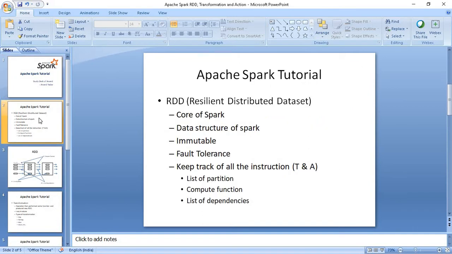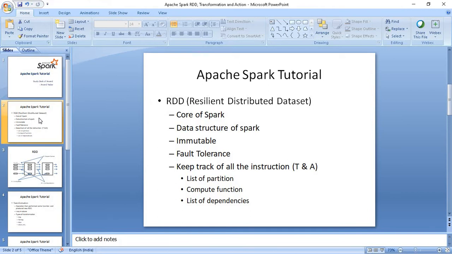So in this video we are going to see RDDs. What is an RDD? RDD is a Resilient Distributed Dataset. Like the name itself indicates, the data elements are distributed across nodes, and it is resilient, which means whatever data we have in RDDs is split across the network, and if any failure occurs then it can be recovered. So this is a general introduction about RDD, and RDD is the core of Spark. We can say it is the heart of Spark.